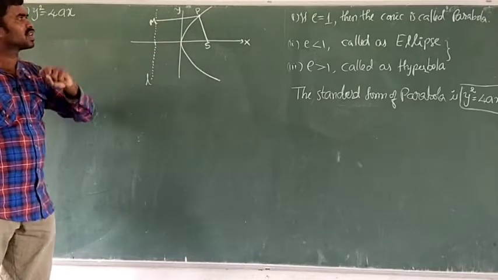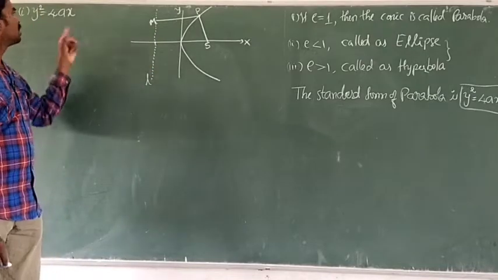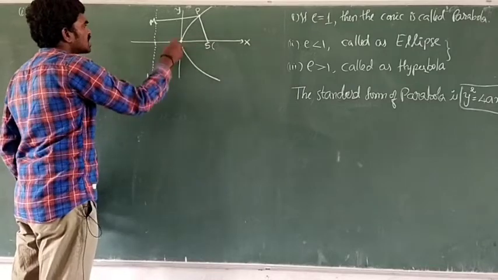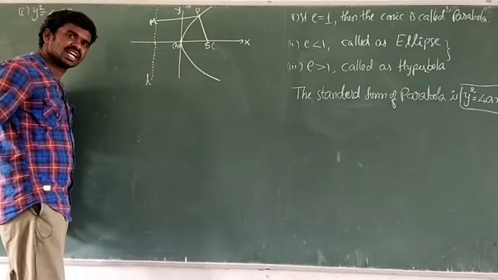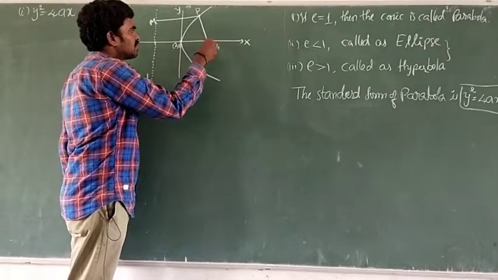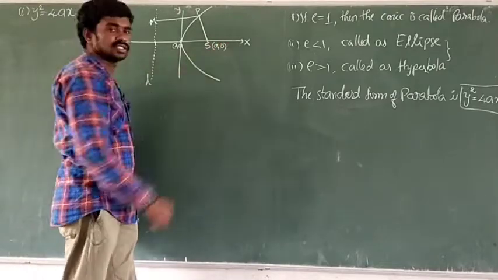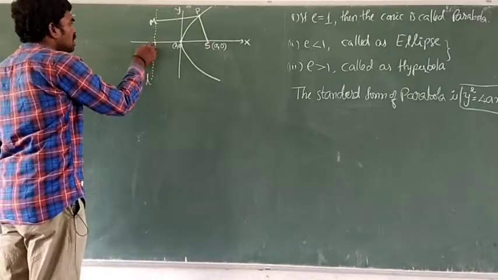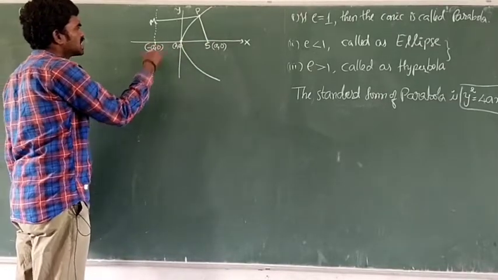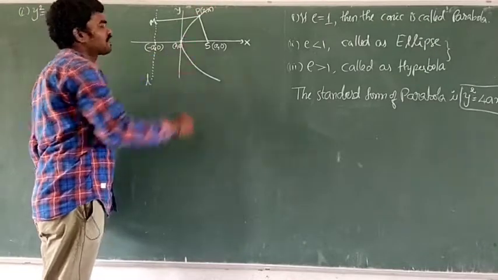So this is the general diagram of the parabola y square equal 4ax. This is the x axis, y axis, so it is 0, 0. From here to here, assume the distance is a, then the point becomes a comma 0. From here to here it is minus a, so it becomes minus a comma 0, and P is any point x1 comma y1.